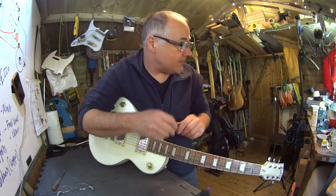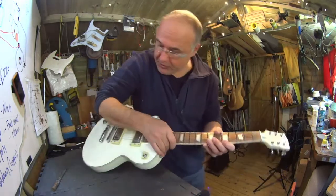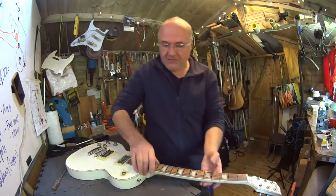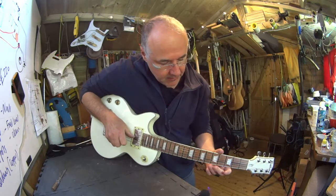Of course, this will have changed the tuning, so I just need to put it back into pitch. And once it's in pitch, the next fun bit happens, which is to make sure, or to ascertain,